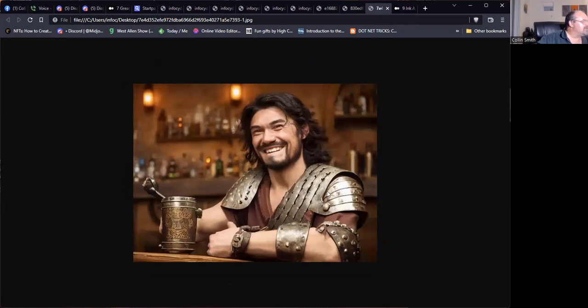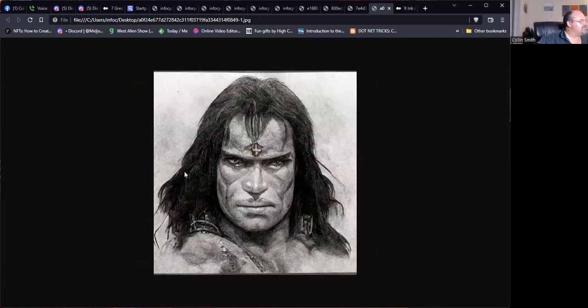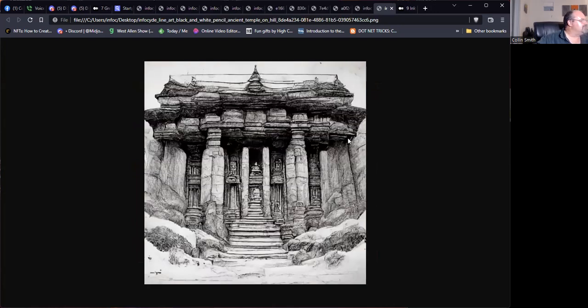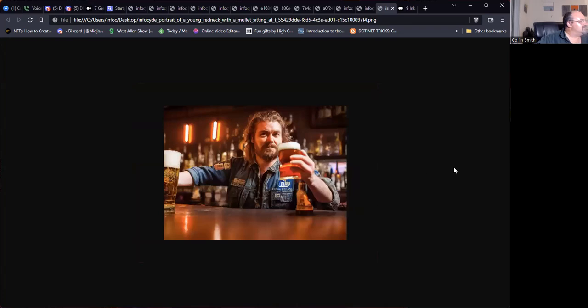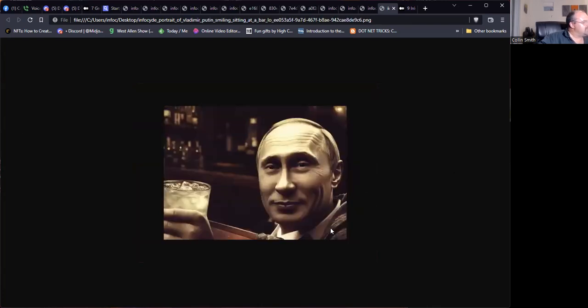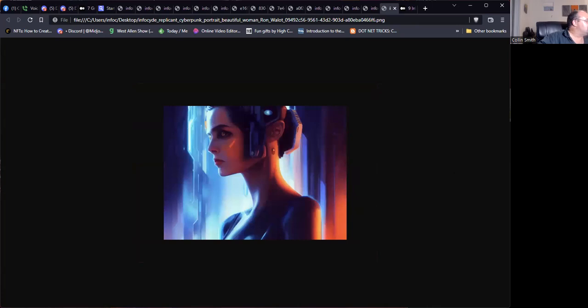And then let's say if you get Crazy Talk or iClone, where you can kind of rig these pictures up and then have them talk. You can also do crazy stuff like line art. I did that earlier today. Some heraldry, some ancient ruin type stuff. A dude with a mullet at a bar. I might have to fix that with Photoshop, but that's all easy stuff. There's Putin. Again, sometimes it struggles with faces. Like I just cannot get it to do Donald Trump for whatever reason. It just looks bad. Some cyberpunk stuff.